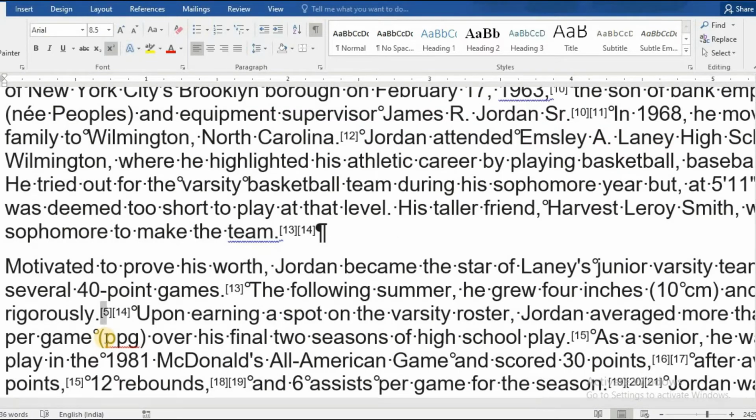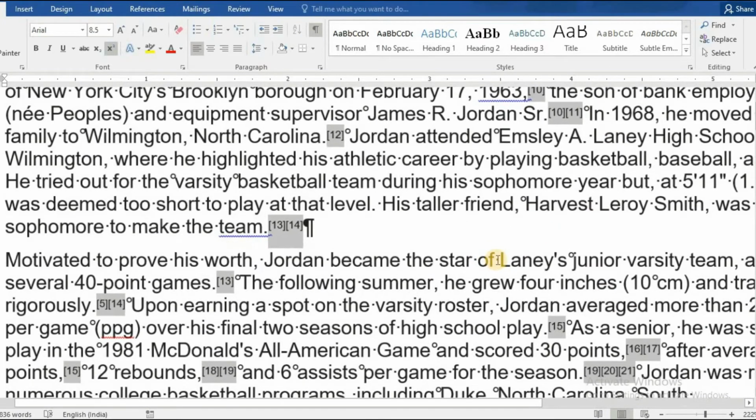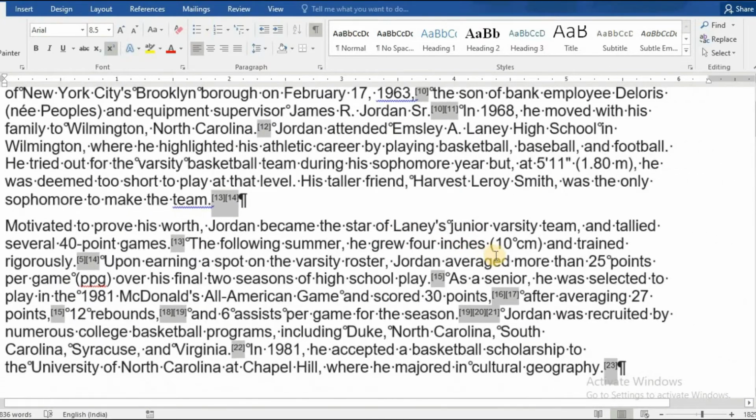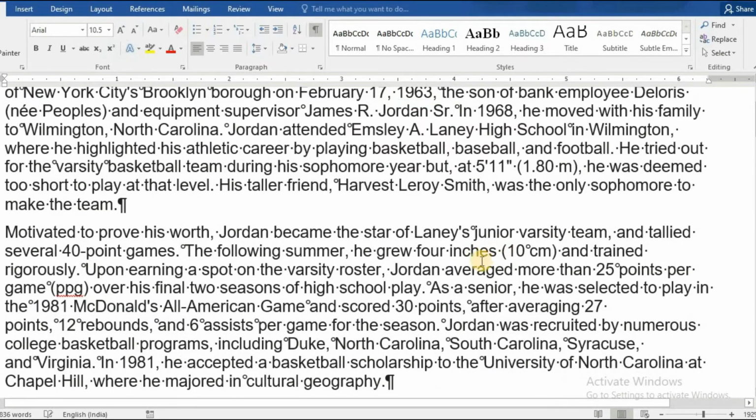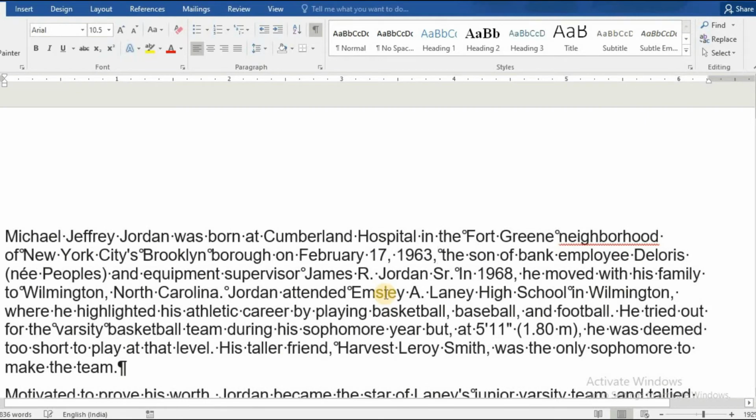Select any citation you wish and go to select text with similar formatting. And press delete. All citation signs have been removed.